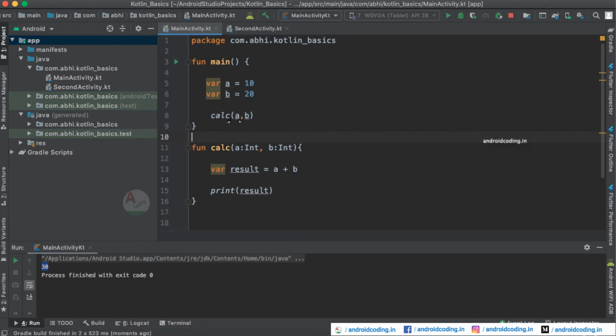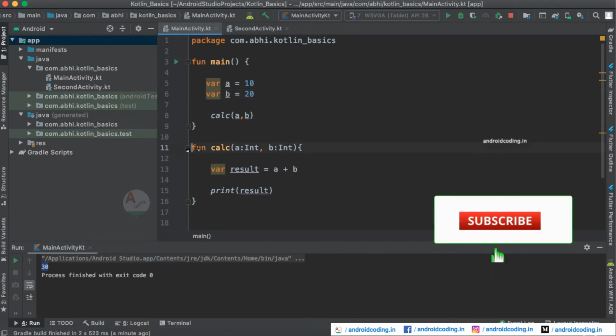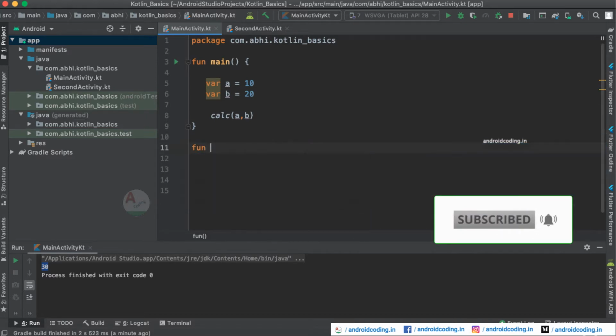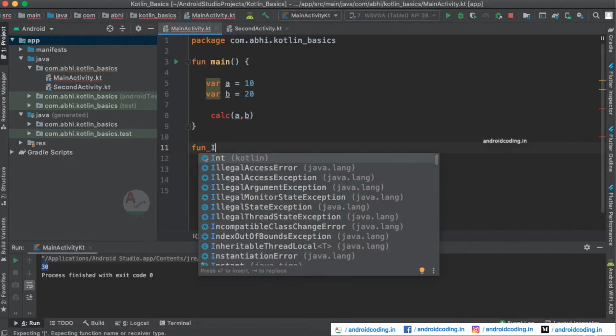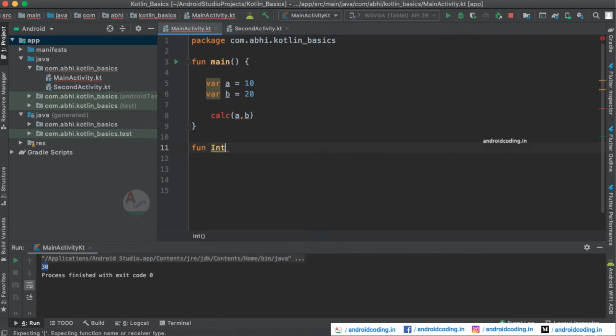So here you are passing two parameters a comma b here. So here instead of passing these two variables, by passing just one variable as a parameter, we can make the calculation happen. Here we will be using an extension function for making it. So let us remove this particular function and declare an extension function with the help of an int. So here int calculate, and here this is an extension function which will be accepting only b here,